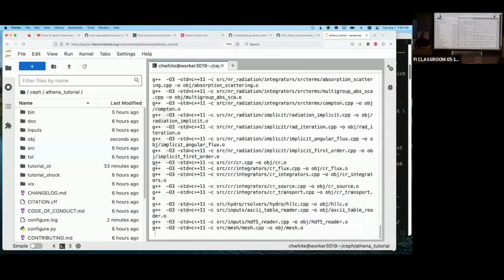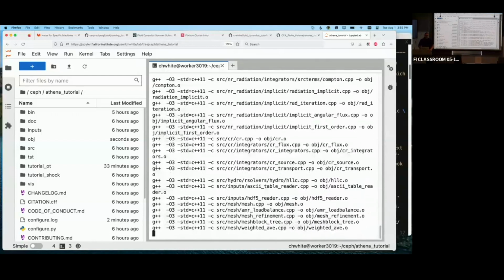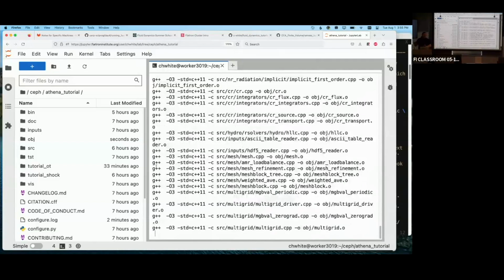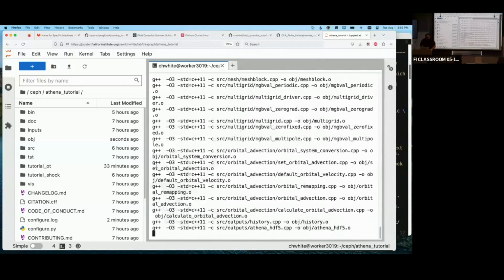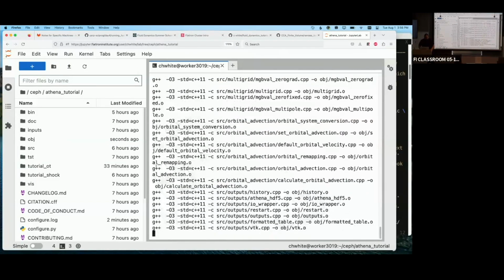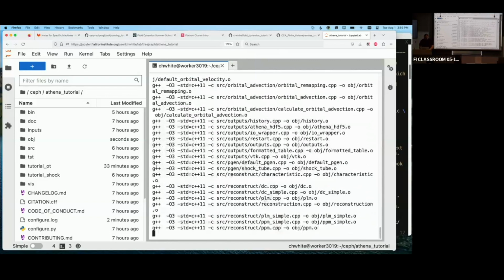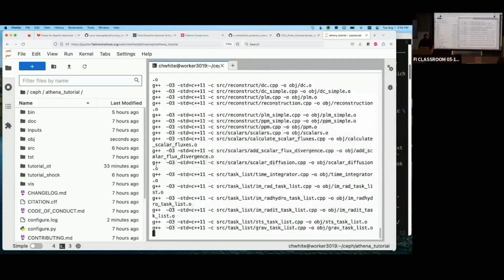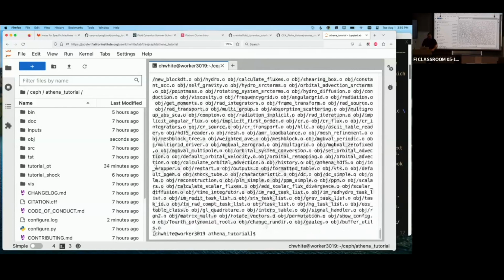If the code supports Intel, I think it's a good thing to try that. In my experience, Intel versus GCC, Intel executables are always faster. GCC is probably the least likely compiler to have bugs, and it always has the most advanced features, but that's what they optimize for, and Intel optimized for speed above all else. I think when we wrote Athena++, we said like 10,000 lines of code, and now it's like 200,000 lines of code, and the compiler knows it. Okay, so